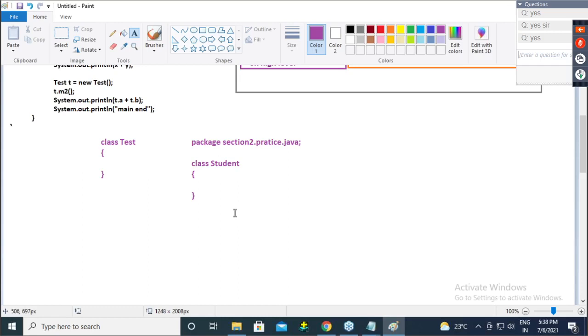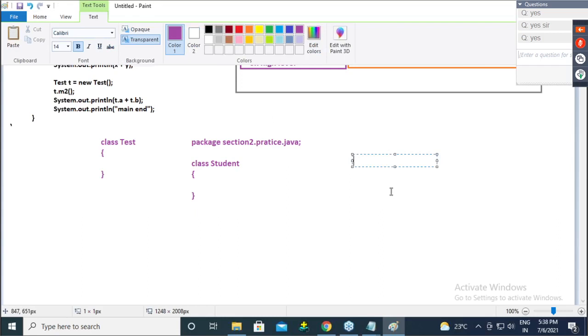Similarly, guys, Java has predefined packages. In those predefined packages, they declare like this: class. This class is a keyword and this Class is an identifier.